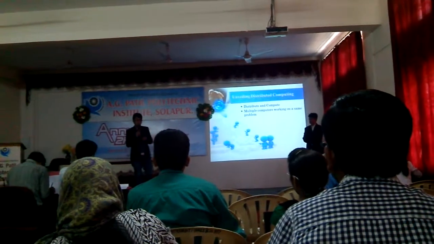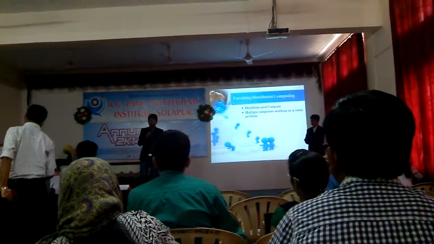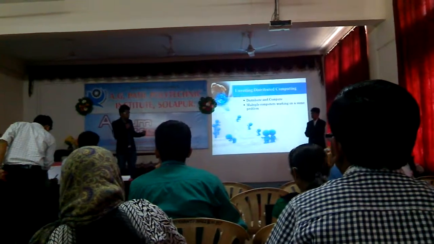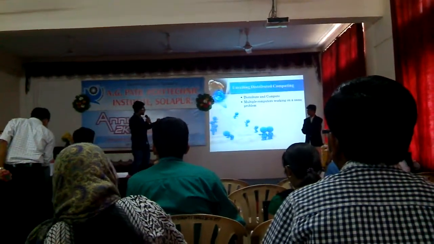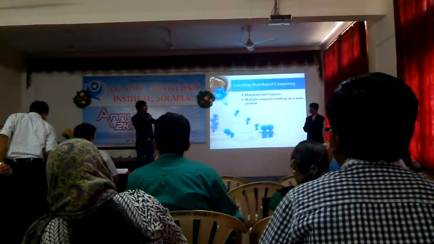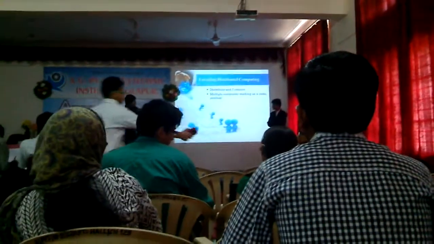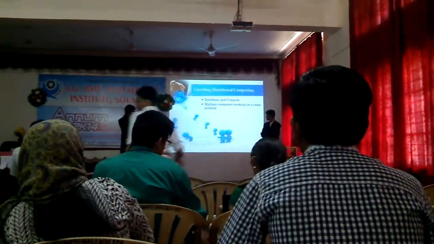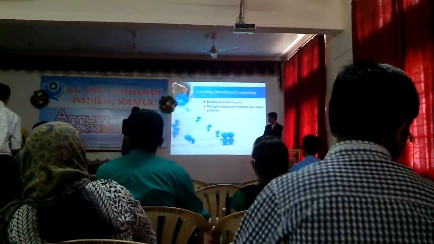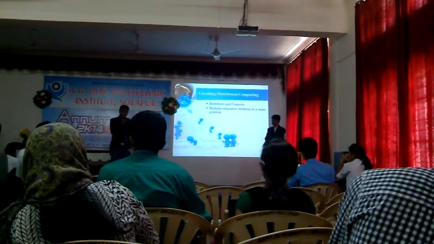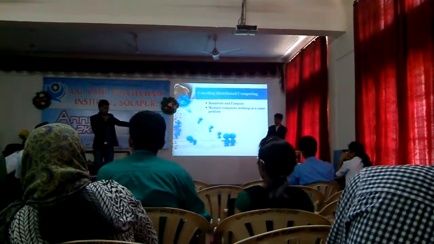So if you ask me for a definition of distributed computing, I can give you thousands of them. But the easier way is what I have on the slide: multiple computers working on the same problem. As you can see in the image as well, if I consider the same example, I am the client and the engineer is distributing or giving the jobs to some of his laborers so that the job is getting done very quickly. So can we move to the next slide, please?